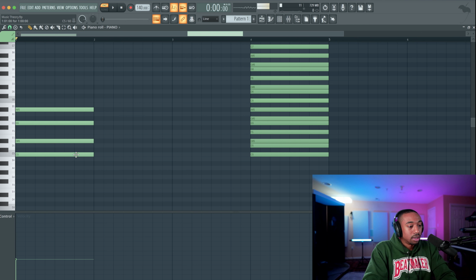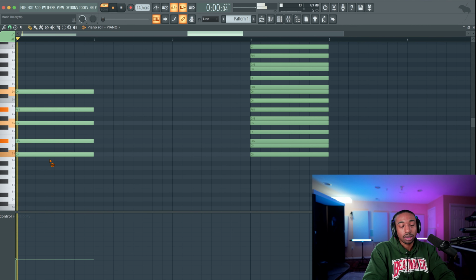Okay, so let's continue here. This is called a seventh chord for the reason that the seventh is up top. Now let's skip the eighth and go to the ninth, which is D. So now we're creating a C minor ninth chord. It's called minor because of that first triad. And that's what it sounds like.